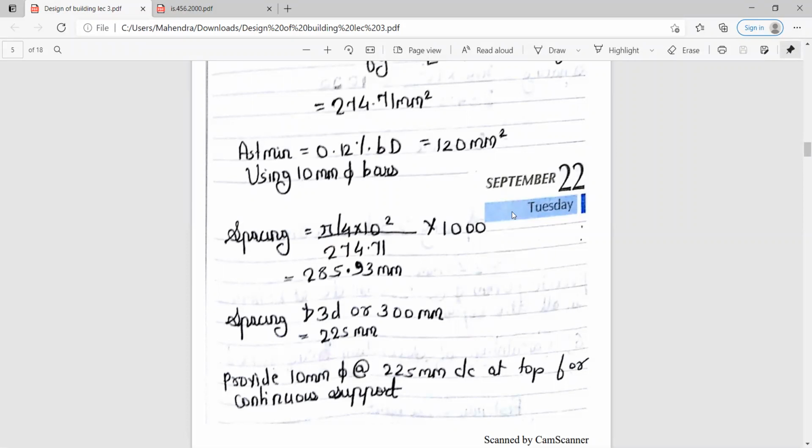So solve up till here. Then we'll do for the bottom one.